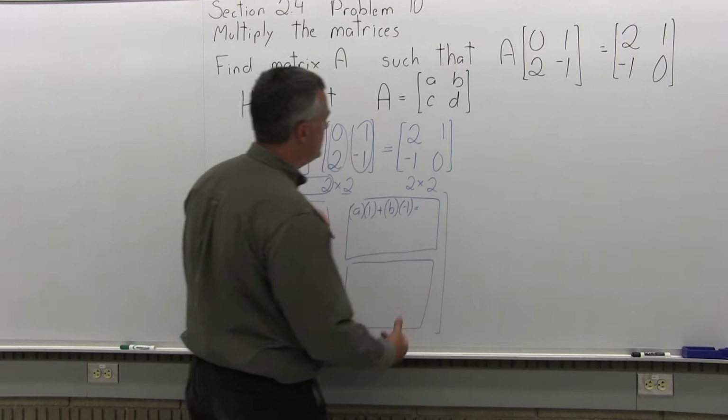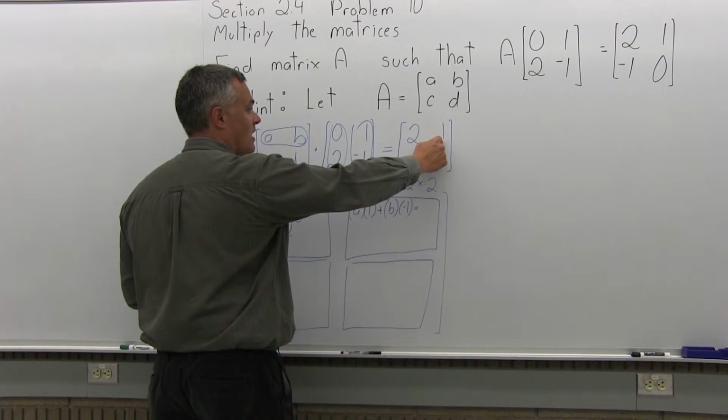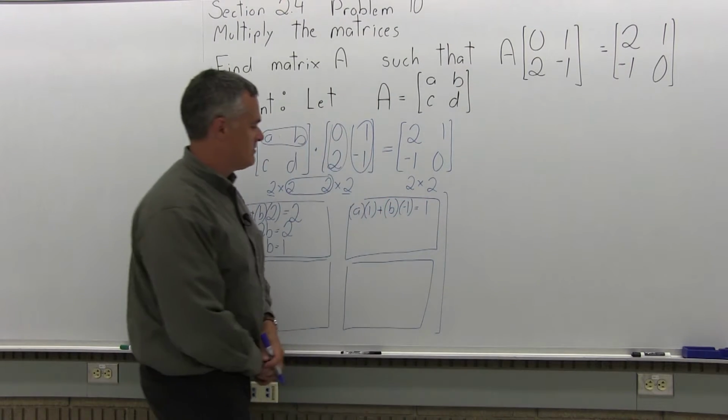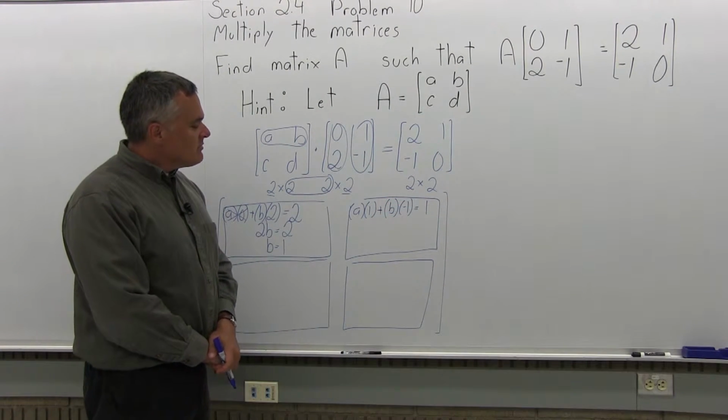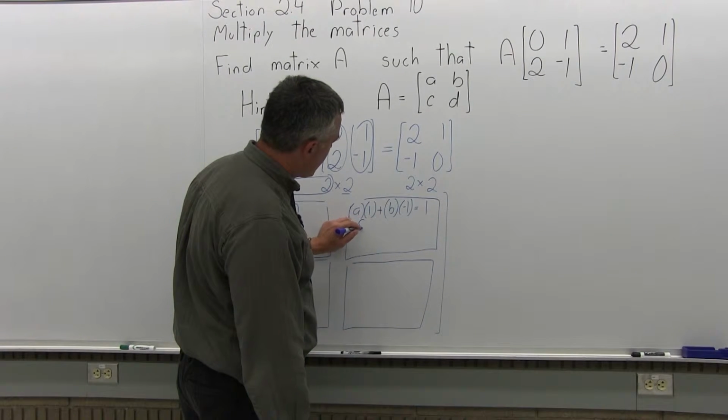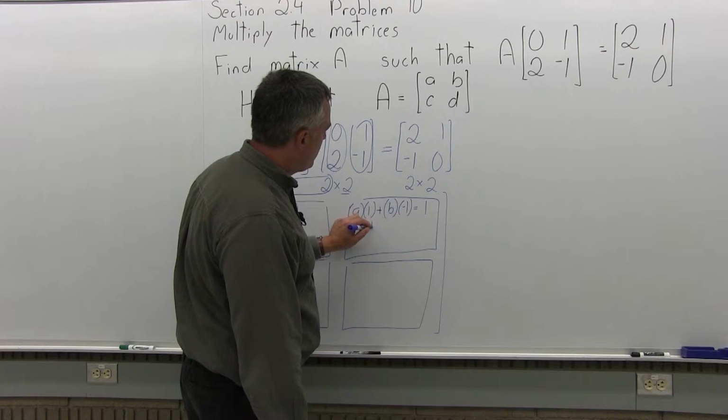And that has to be equal to the value in the top row, second column of the solution matrix, which is 1. So now as I simplify that a little bit, A times 1, from first times first, is just A. A times 1 is A. Plus